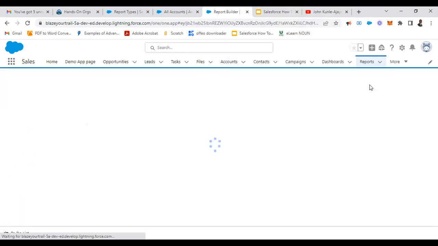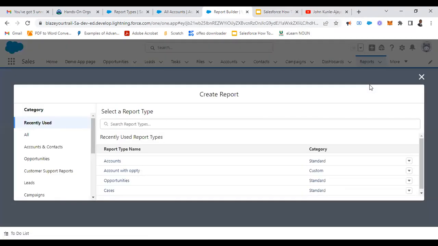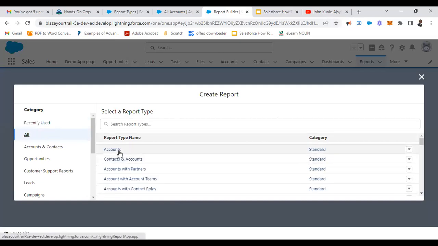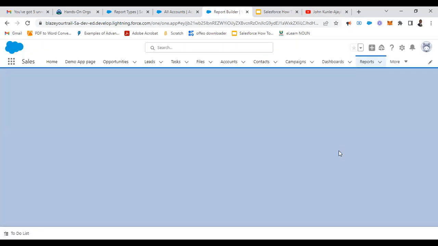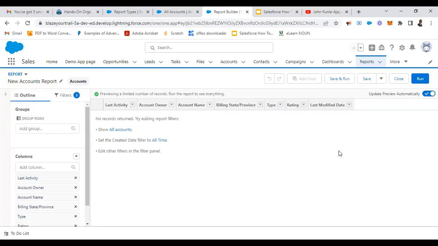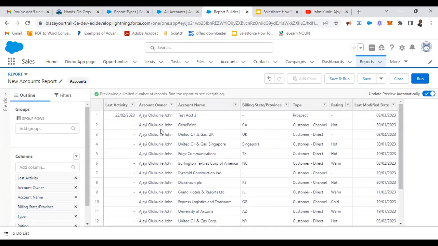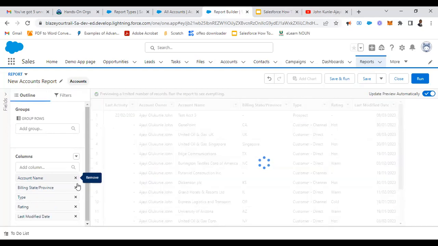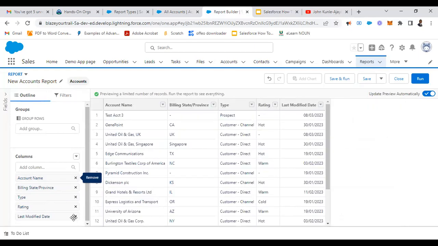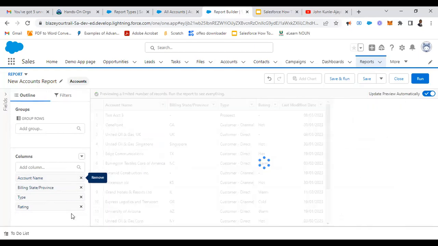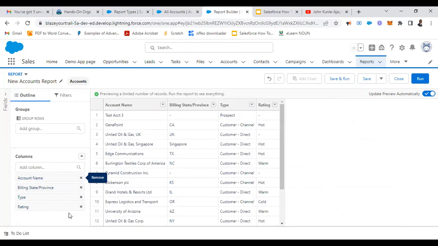So just click new report. Remember, our object is account. So start report. Show all accounts. Show all time. Okay, so basically we have only 4 fields that we have been told to display: account name, billing state, type, and rating. So let's remove all those that we are not required to display. Okay, now that we have the 4 fields that we have been told to display,